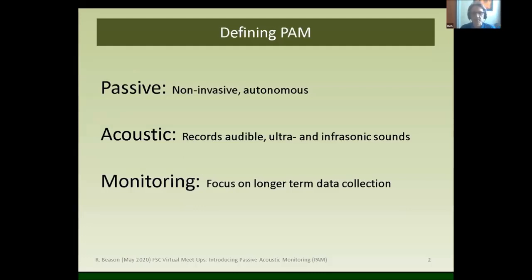And monitoring, because basically it's more on a long-term data collection. You know, not just for an hour or two. If you're going to actually bother to put sound recorders up in the trees, then you want to leave them there for a while. So essentially it's just collecting sound passively over a longer period of time,